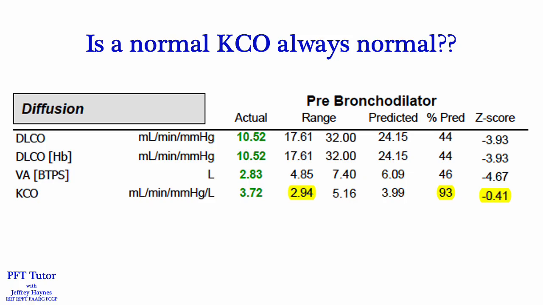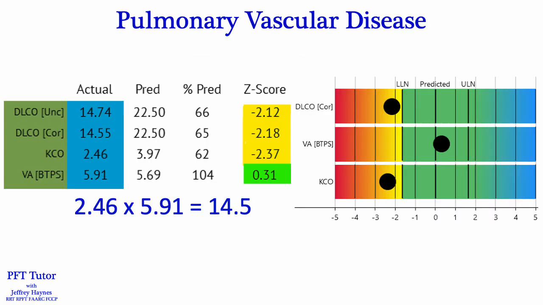The KCO here is normal but below the average with a z-score a little less than 0. So one could consider this normal KCO abnormal because at this lung volume it should be elevated, not average. As the interstitial lung disease progresses, both the alveolar volume and the KCO will be below the lower limit of normal. This is the pattern you'd expect to see in patients with pulmonary vascular disease, so people with pulmonary embolism,